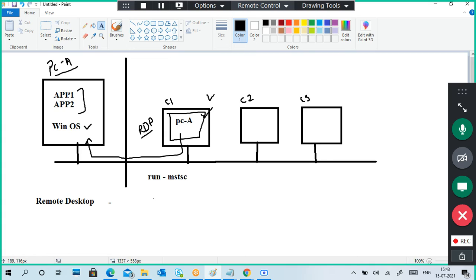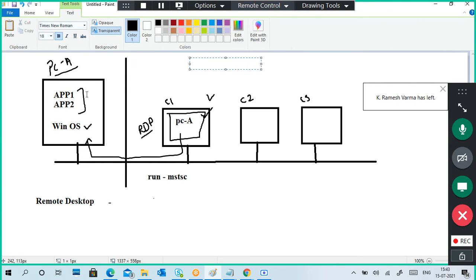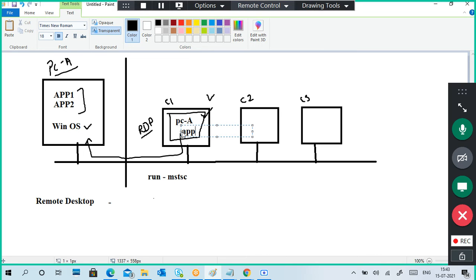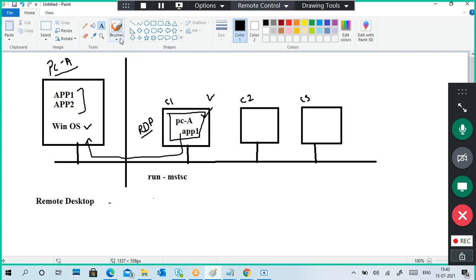So I have a PC in my network, and I want to access that PC from my PC. So how to do it? Using Remote Desktop Protocol, we are able to access it, and we can run applications. If I run an application, app one, here in this remote desktop,